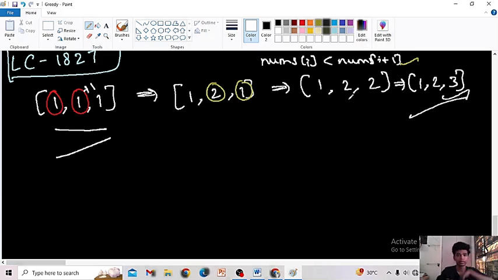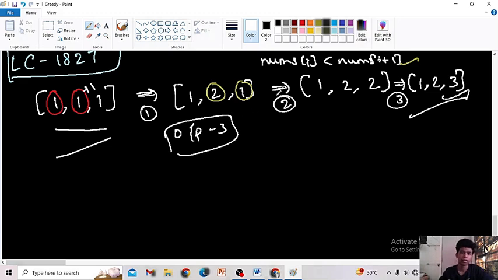So the number of operations we have used here is, this is my first operation, this is my second operation, this is my third operation. So totally the output will be 3. So this is what the problem states. Now how can we approach this problem? As we know,